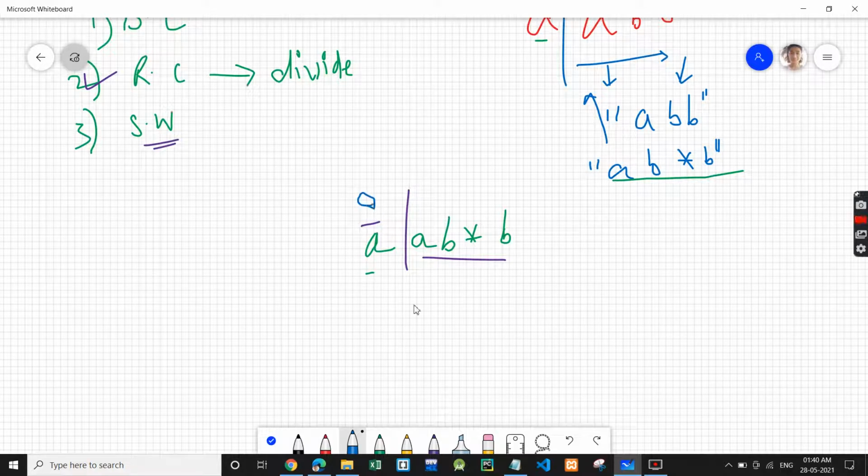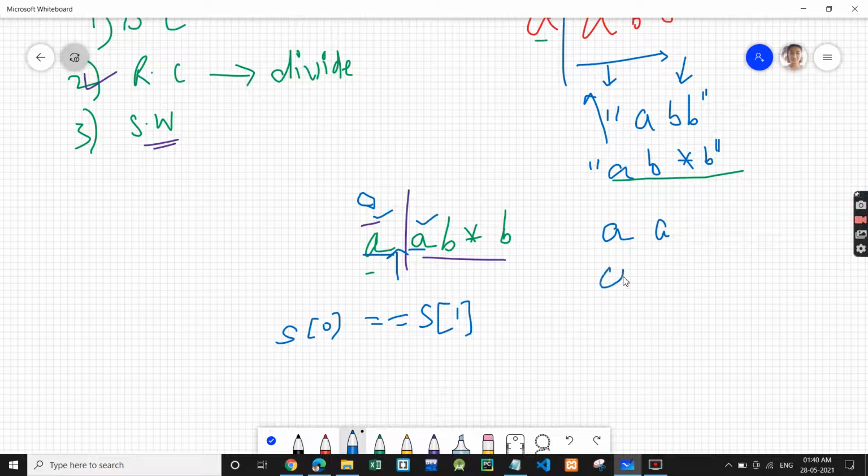What we'll do is check if s of 0 is equal to s of 1, if both of these are identical, then we need to have a star between them. That means if earlier there is AA, now it should be A star A.